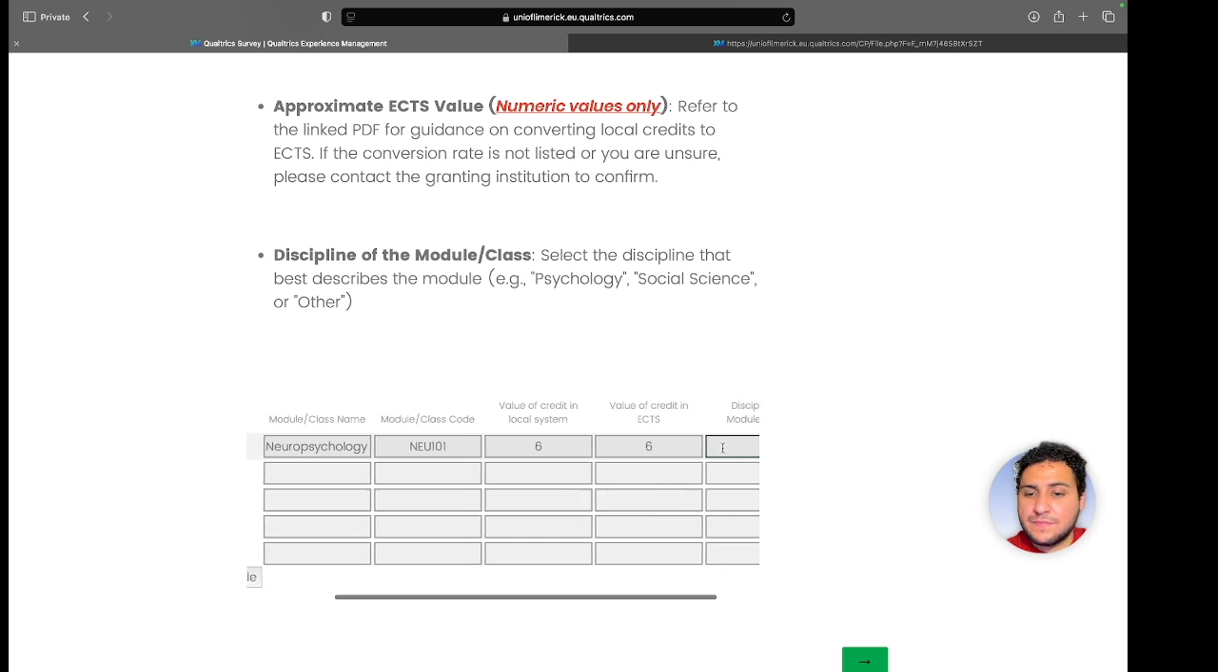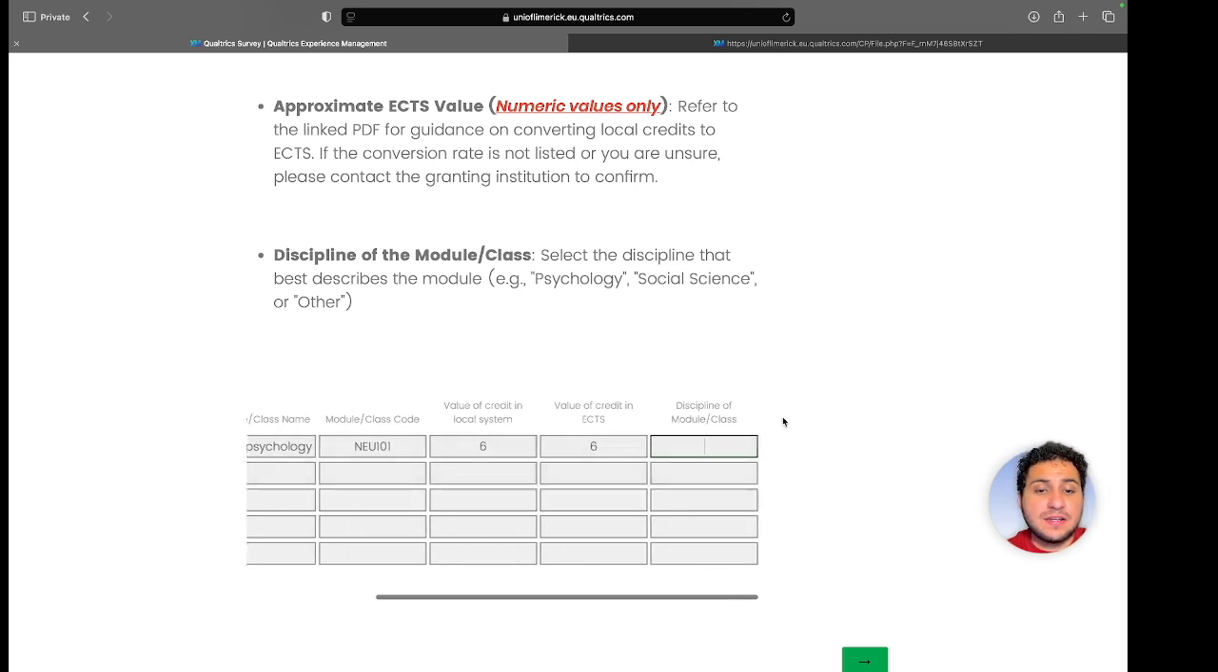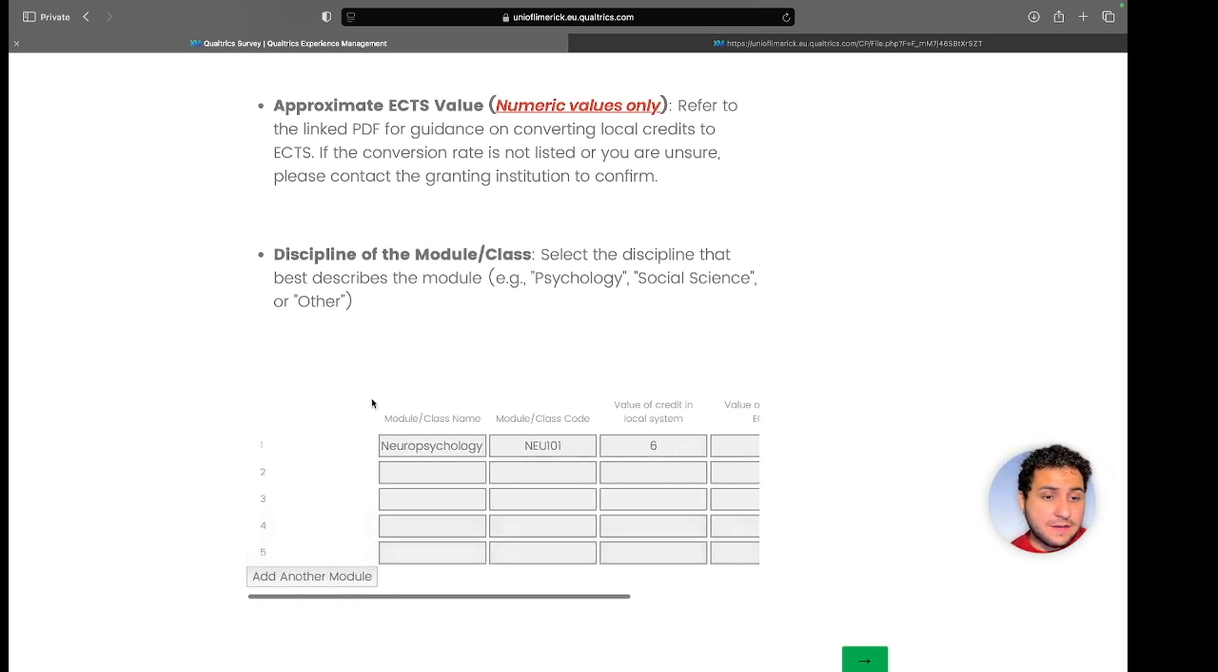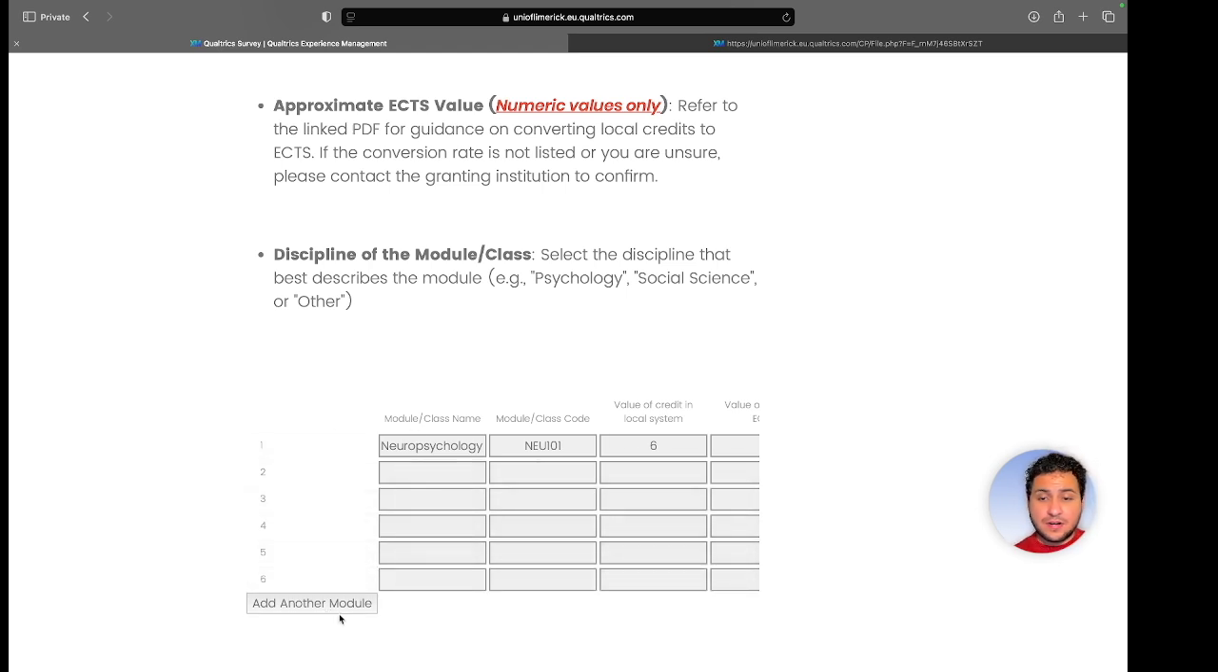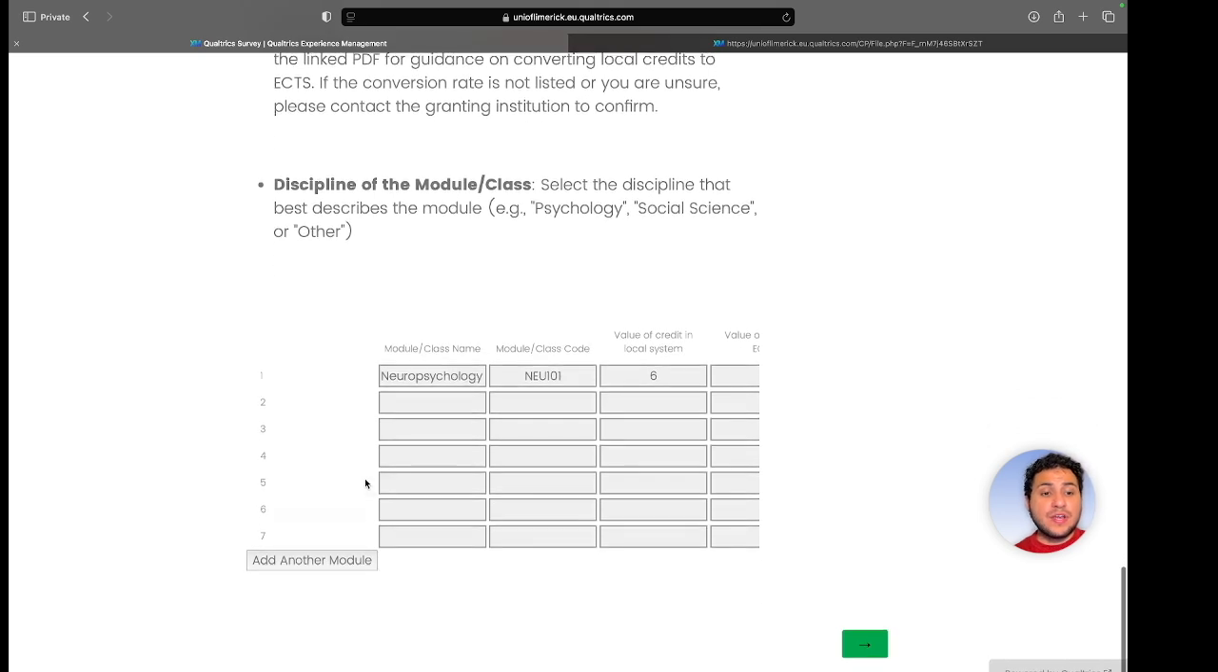Now, let's say you have this class and you will need to put here what the relation was. Let's say psychology. You can put it just like that. It is very important that we have all the information of all the classes that you may believe are relevant for you to enter the Global Minds Master Program. Let's say you already finished these 5. You can just add another one and another one. You can add up to 40